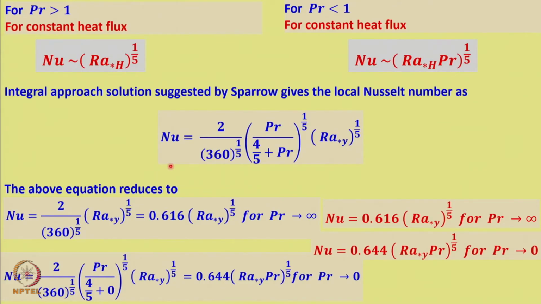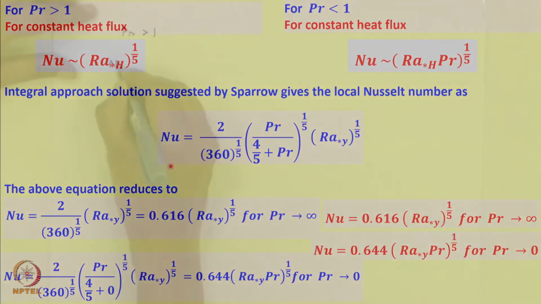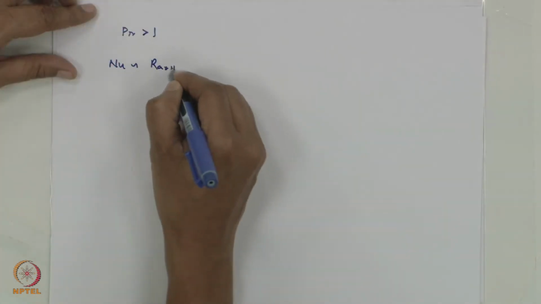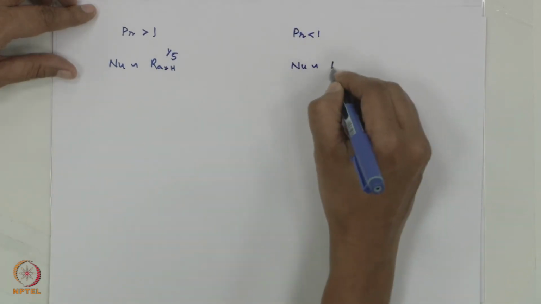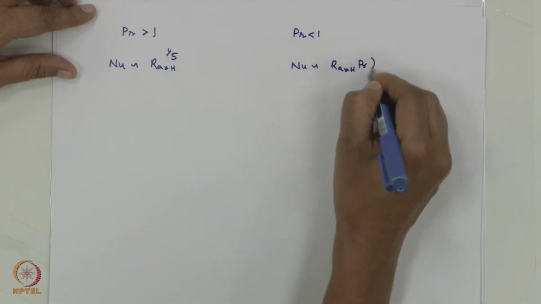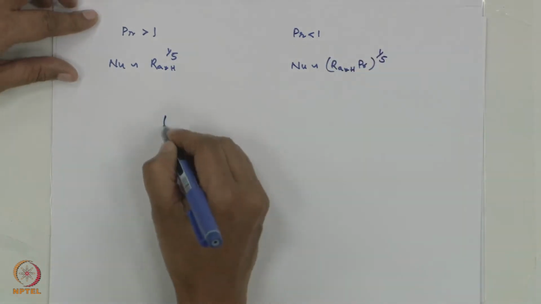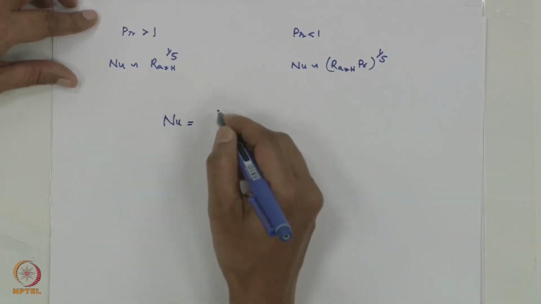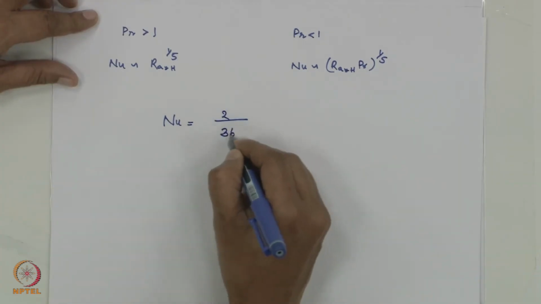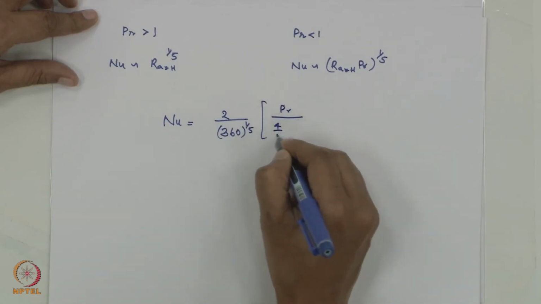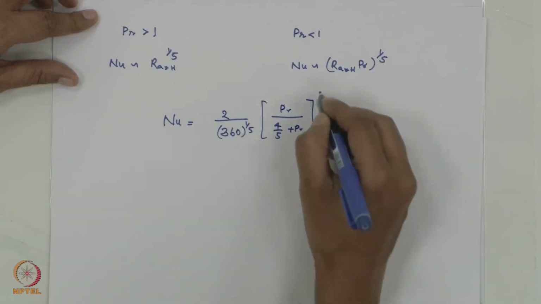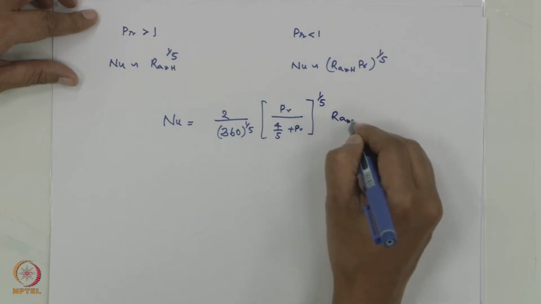So for Prandtl number greater than 1, you get Nusselt number of the order of Ra star H to the power of 1 by 5. For Prandtl number less than 1, you get Nusselt number Ra star H Prandtl number to the power of 1 by 5. Is this correct or not? Sparrow has given for constant heat flux boundary condition 2 by 360 to the power of 1 by 5 into Prandtl upon 4 by 5 plus Prandtl to the power of 1 by 5 or A star y to the power of